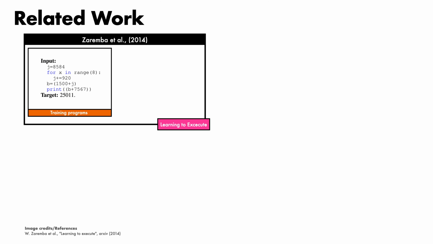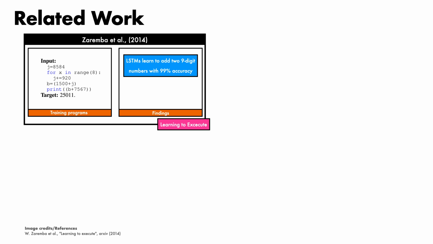Contributed the Learning to Execute framework, training a character-level RNN with LSTM units for program induction on a set of constrained computer programs for arithmetic such as this one. The work showed that LSTMs can learn to add two 9-digit numbers with 99% accuracy, and that the choice of an effective curriculum learning strategy plays a key role in attaining good performance. In particular, it was found that combining a naive curriculum strategy with one that mixes sample difficulty works best. While Codex differs from this work in many ways, it retains the philosophy of tackling program learning with neural network